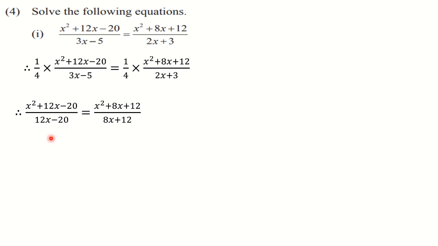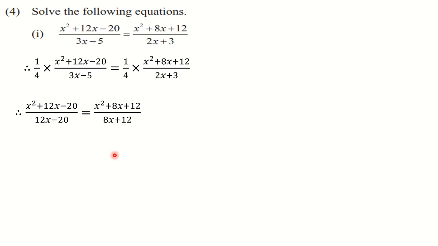But see, componendo means what? To add denominator to the numerator. But here the signs are the same, and if we add, then they are not going to get eliminated. They will not be cancelled. So componendo will not help us. Instead, if we go for dividendo, the signs in the denominator will change and then they will get cancelled. So this way you have to think and choose the suitable operation: here componendo will not help me, so I must go for dividendo.